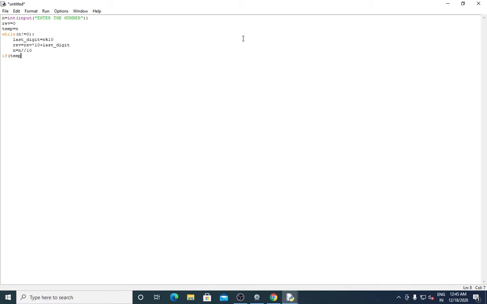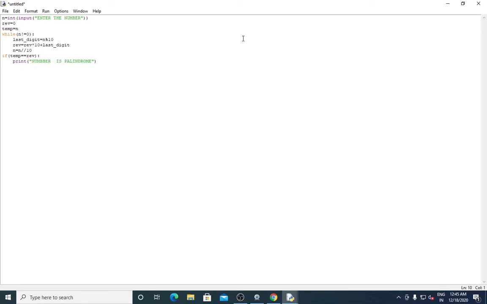If temporary, after executing all the numbers, after looping all the values, then it comes to checking whether the temporary variable is equal to reverse, then what? It should print number is palindrome, right?